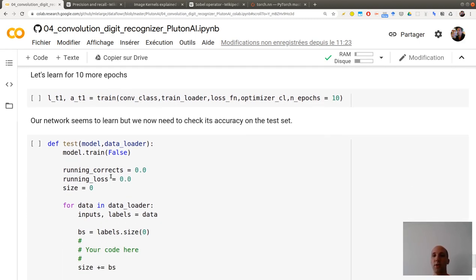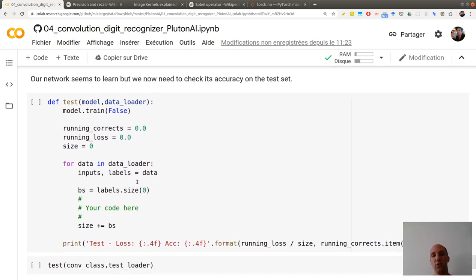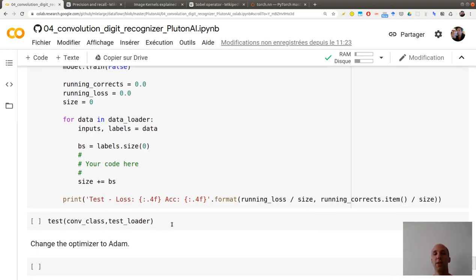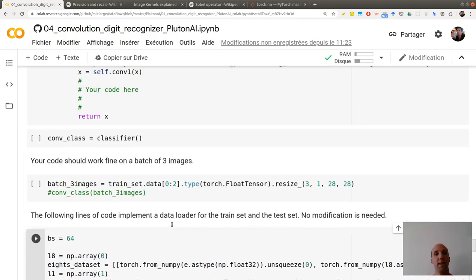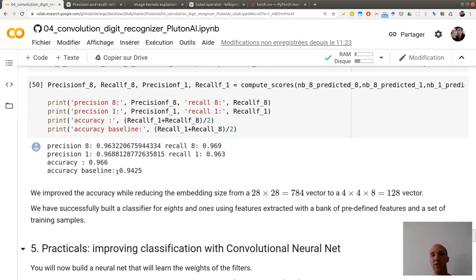Then on the training you will have a given accuracy, but as we saw last time, you should compute the accuracy on the test set, so this is what you should do here, and in the end try to see if you can beat the 96% accuracy over there. Okay, good luck, and ask questions on the forum if something is unclear. Enjoy!